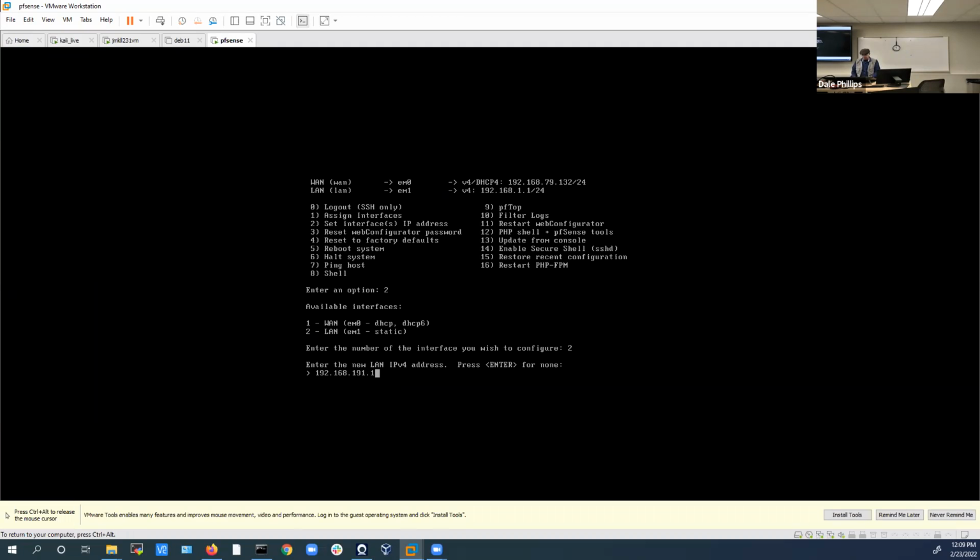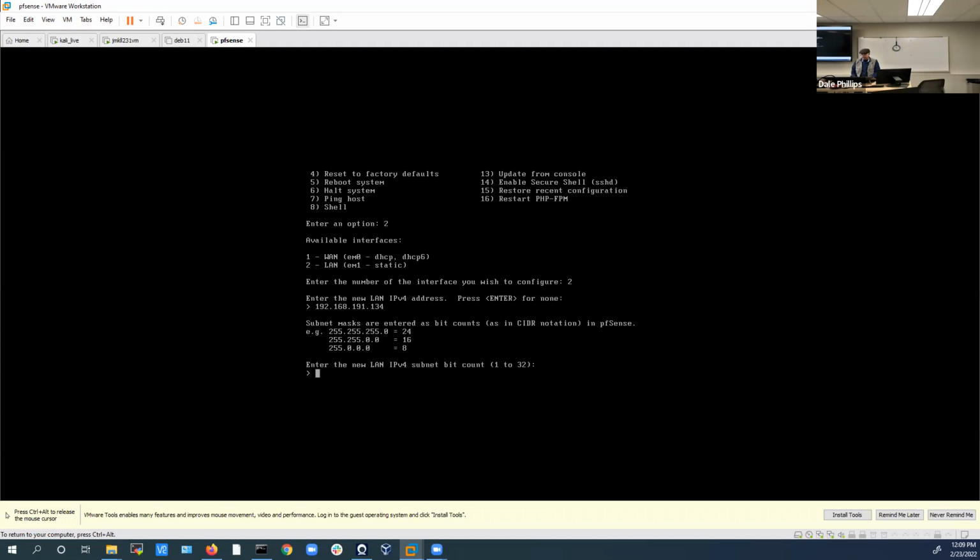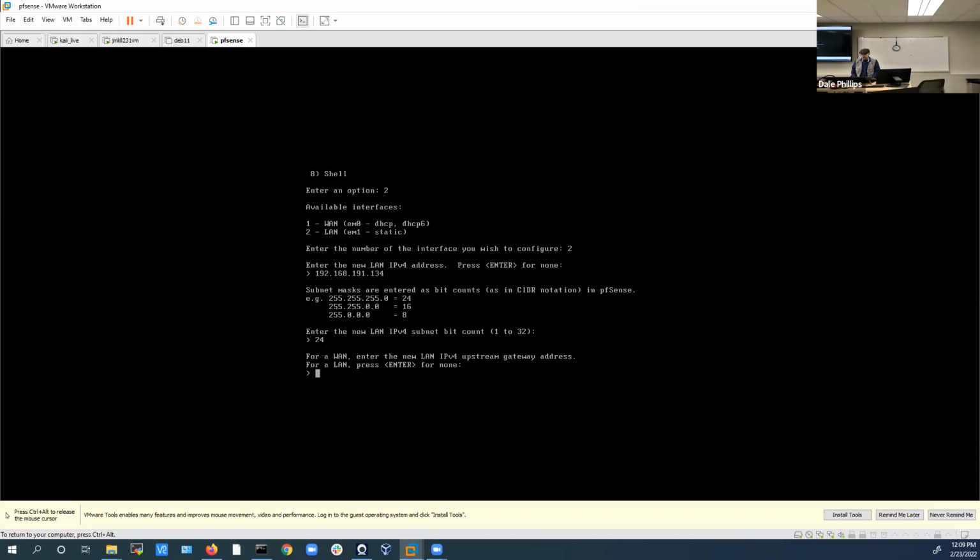I'll use 134, make it different. And it'll be a 24-bit subnet. For the upstream IP address, this is where I made the mistake. So my upstream address needs to be my other network card, which is